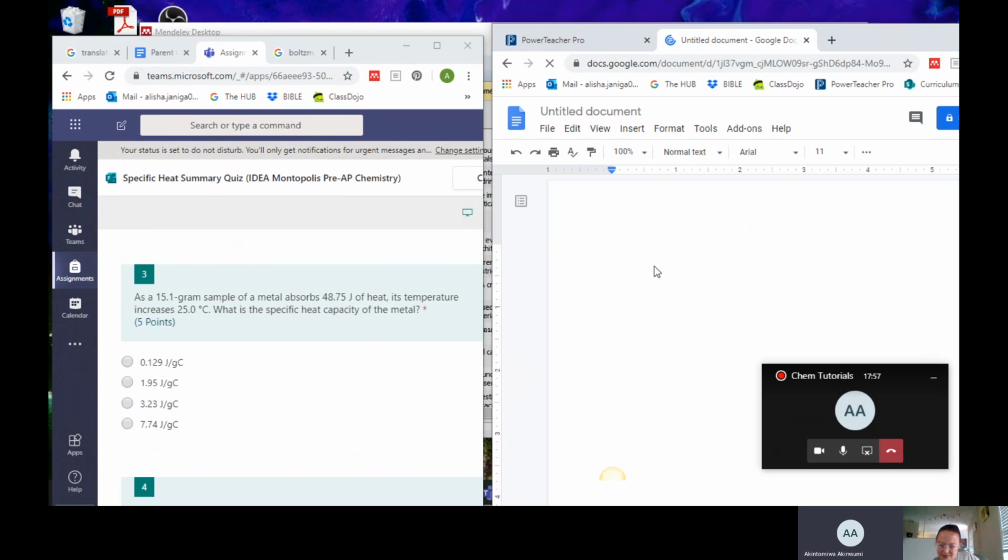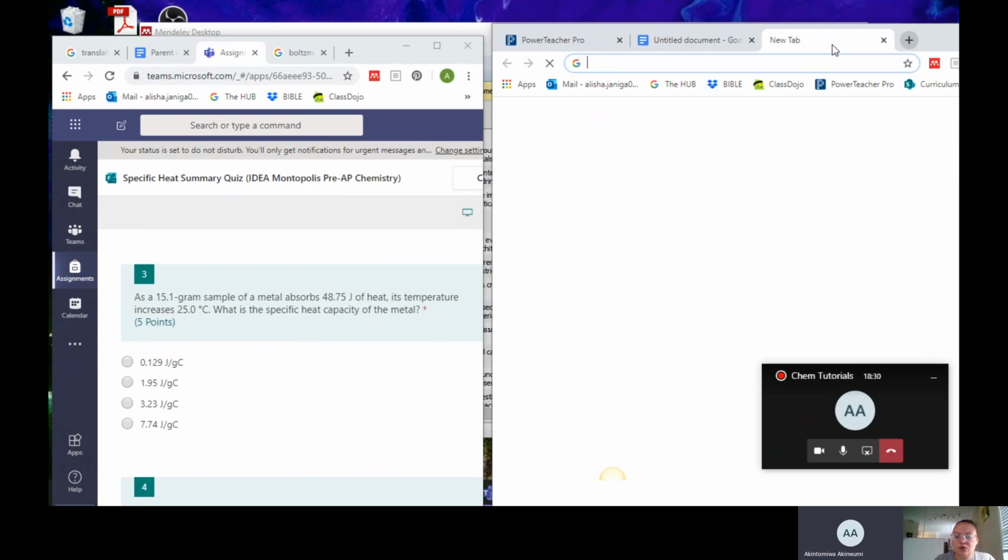You ready? Yes. Alrighty, so it says we got 15.1 grams of metal and it absorbs 48.75 joules of heat. Its temperature increases by 25 C, and we want to know the specific heat. So grams is the mass, so that's 15.1. If you're absorbing heat, or if it's just joules by itself, that's Q. So if we go back to